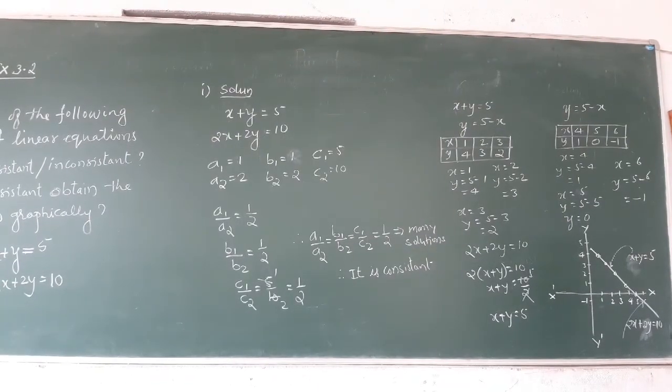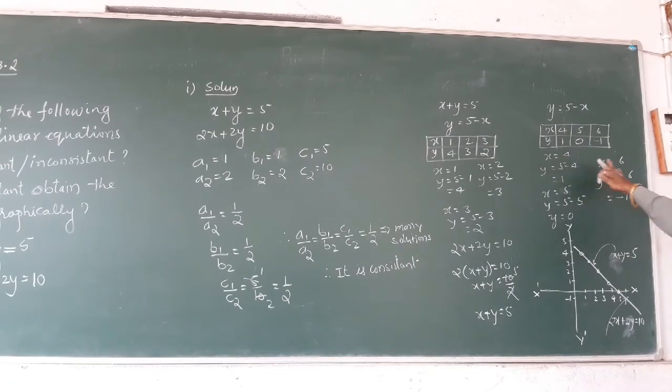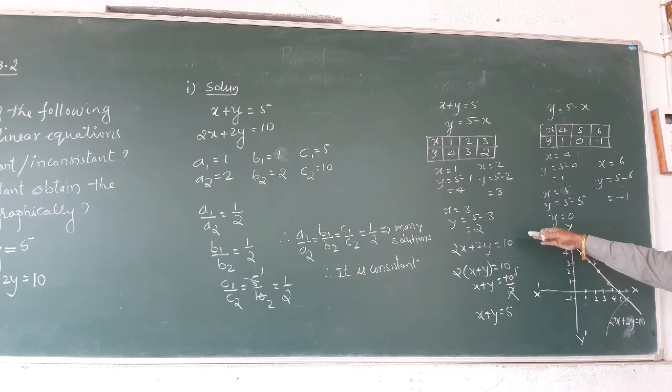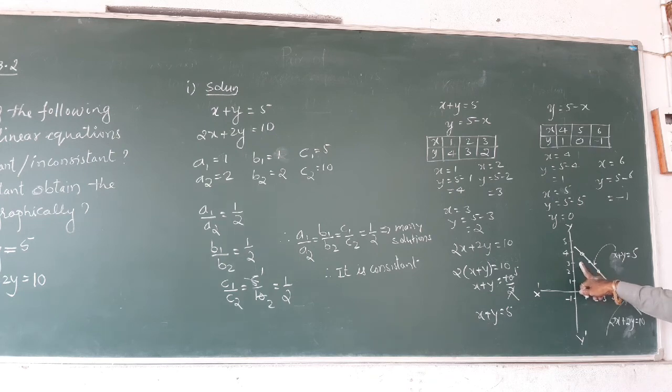Suppose we plot the graph of this tabulation, we have a straight line like this. Represent the values in the graph and you will get a straight line. The extended straight line can intersect both the x-axis and y-axis. Different types of graphs may appear according to the values you have taken.